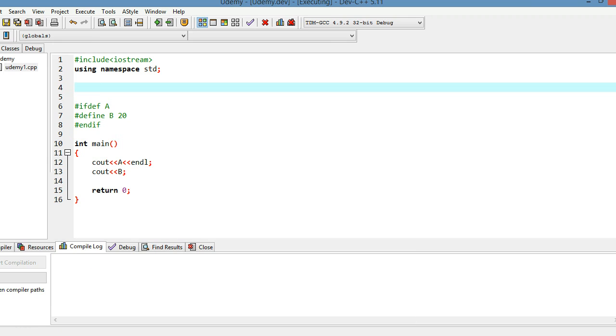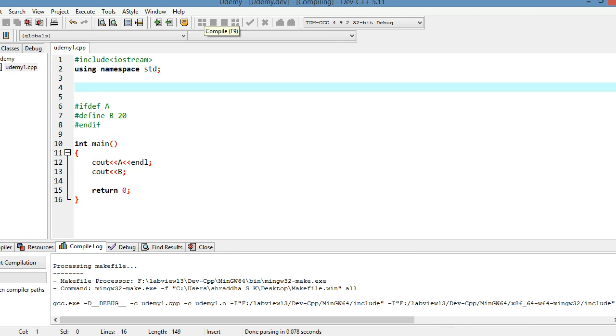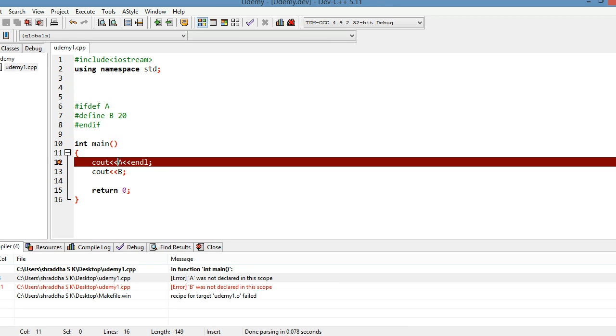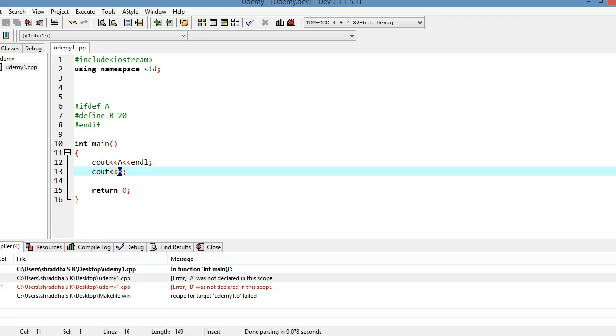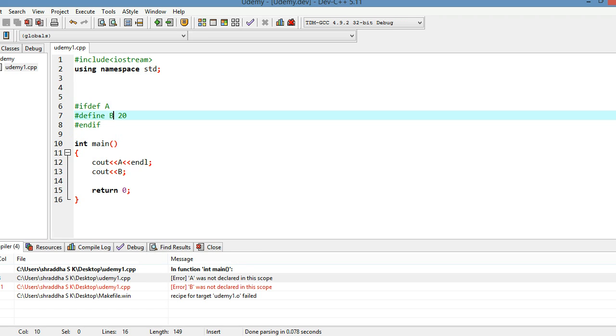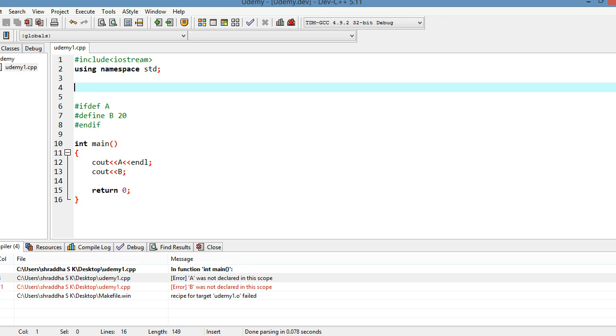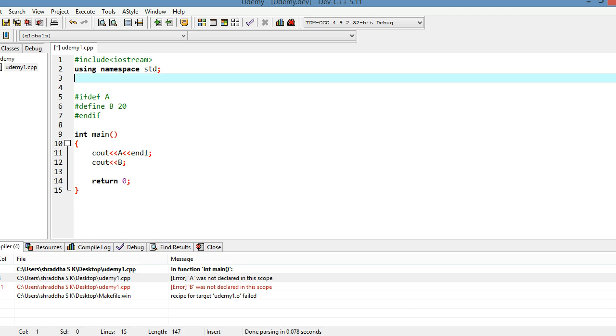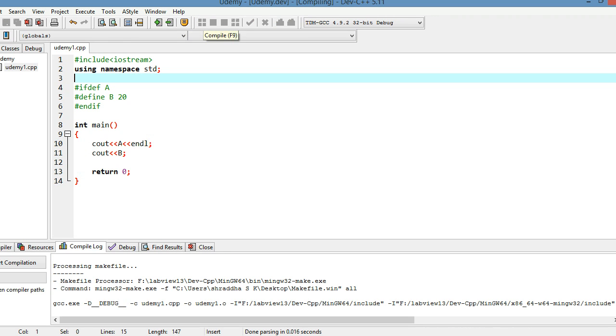So let's check that. Now A is not defined and I'm going to compile it. B is not declared in this scope, because B is not defined or declared anywhere else. Otherwise, you can declare it as a global variable and then execute it. That will work.